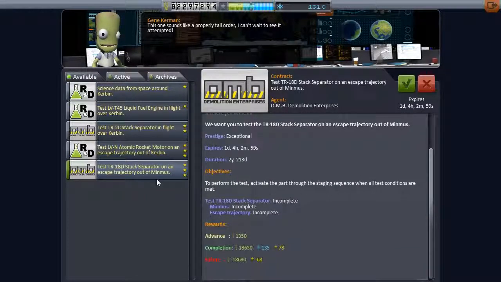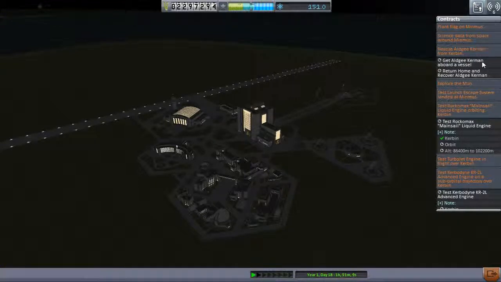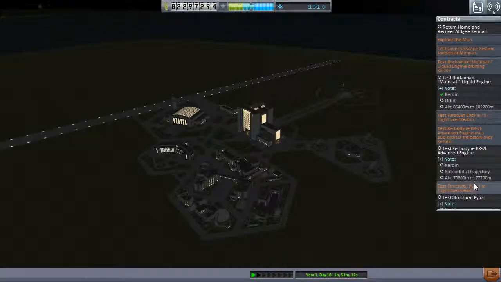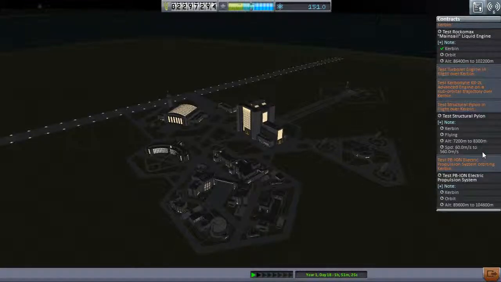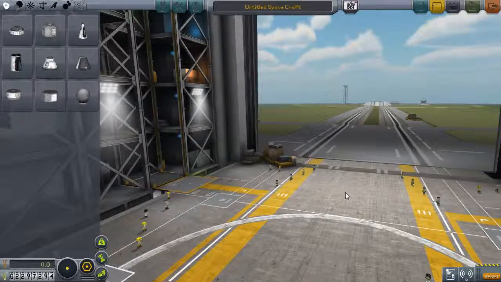Test a stack separator. Well, we're not going back to Minmus right away, so... okay. R2L. Okay. Yeah, I'm not going to do that now, but the structural pylon, alright. Let us build a ship and attempt to rescue